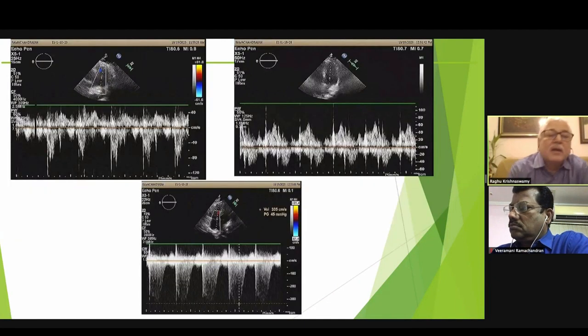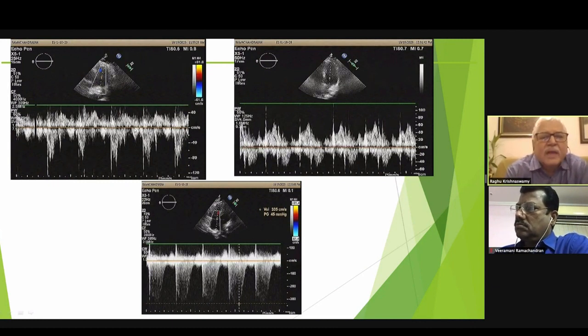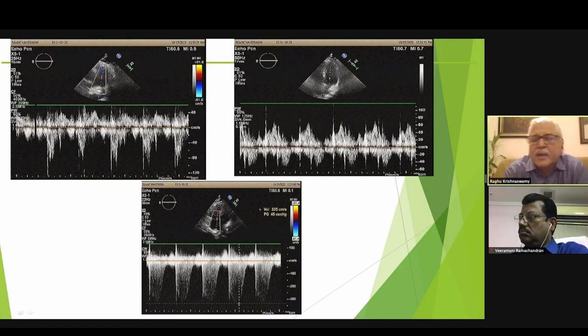Now, this is what we got from the Doppler signals. His pulmonary velocities are quite narrow, and the acceleration time was somewhere between 60 and 70, suggesting that he is having mild to moderate pulmonary hypertension. His mitral velocities do not show much more than an altered LV compliance, so there's no evidence of a diastolic dysfunction responsible for PAH. And his TR velocity showed an RV systolic pressure varying from about 45 to 50, depending on how much you want to add as the RA pressure to the TR velocity.